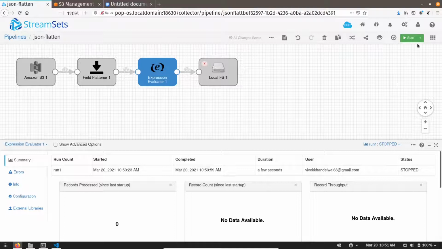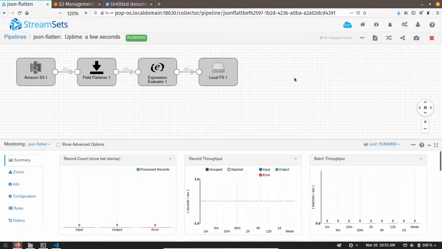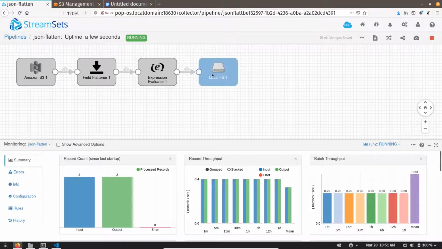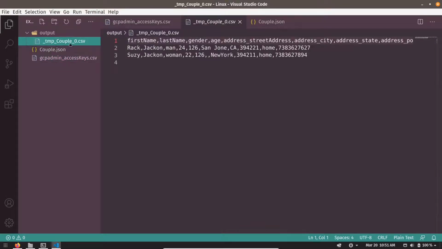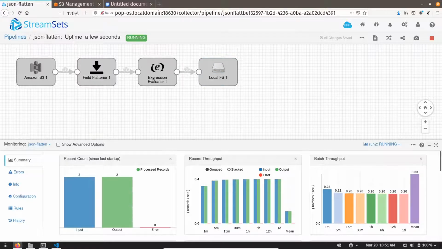Let me rerun the pipeline. We have to reset the origin and start. You can see it has loaded the data. Let's see the data. It is created at tmp couple.0.csv, and this is our data. But one thing, you can see that our pipeline is still running.